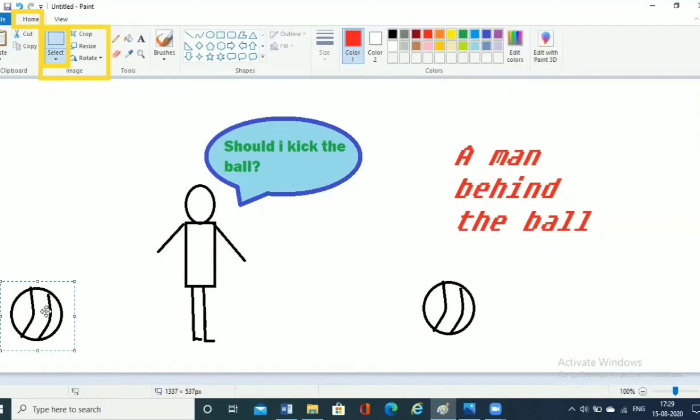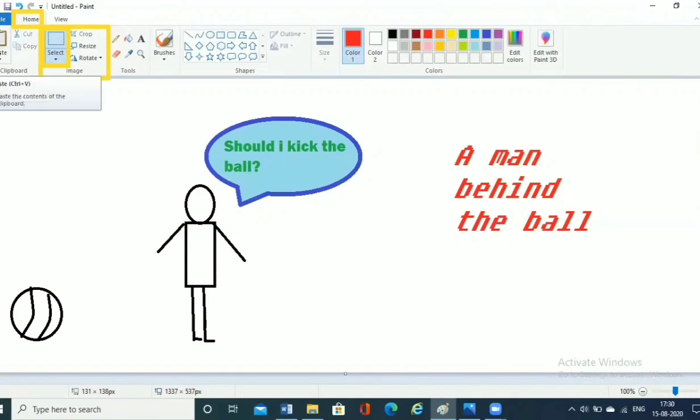Once you have made a rectangular selection, you can easily copy this ball and paste it anywhere you want. And if you want this ball somewhere here on the upper right corner of the screen, you will select this ball, click on cut, and then click on paste.